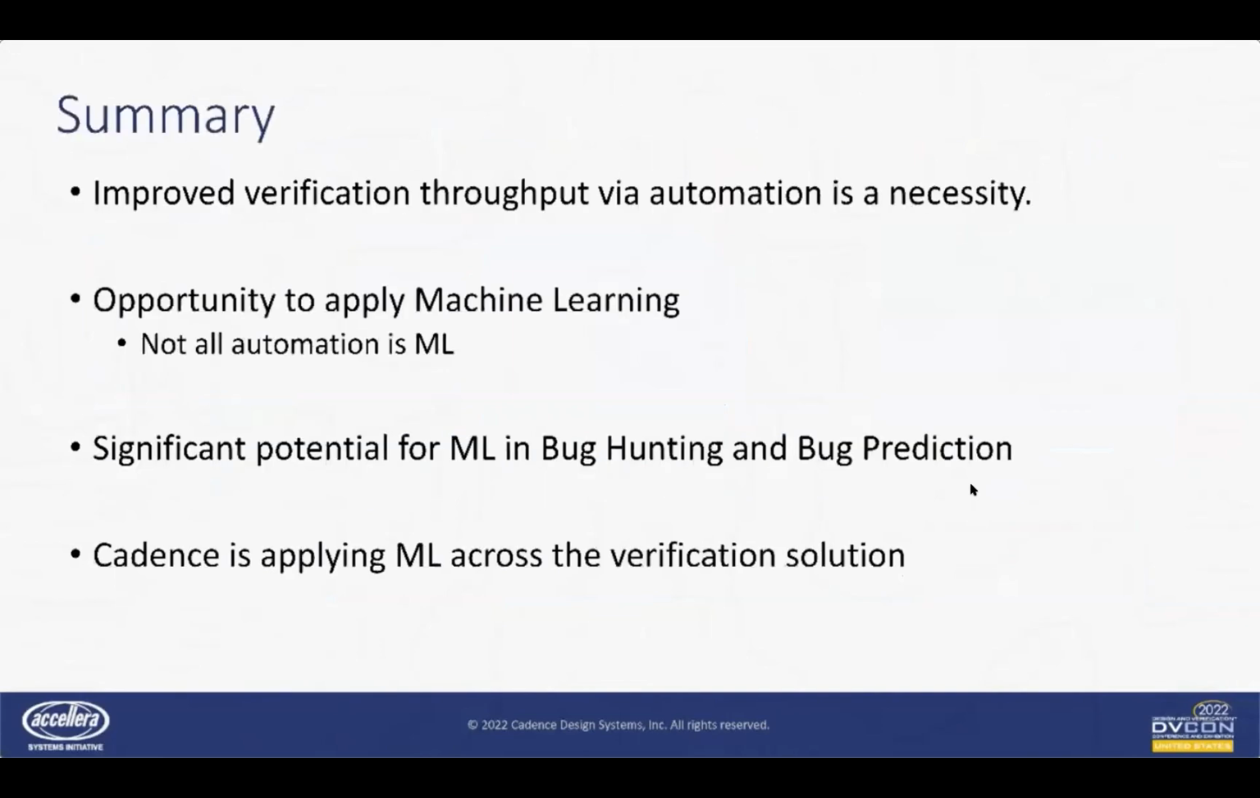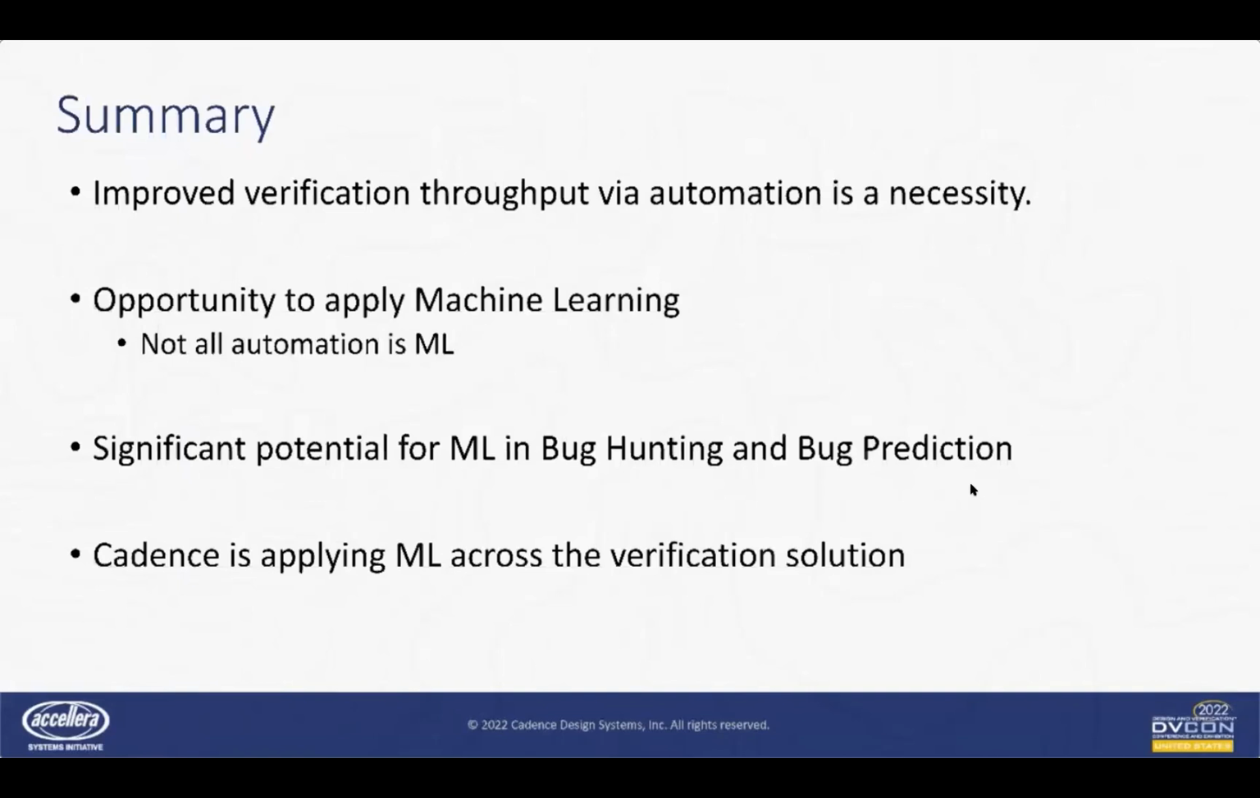as we stated, our problem statement or our initial thesis was that improved verification throughput via automation is an absolute necessity. We can't just rely on the simulator getting a little bit faster, CPUs getting a little bit faster, the formal engine getting a little bit faster. We need to start coming up with more novel and more complex and more automated approaches to improving verification throughput. And this provides us with an opportunity to apply machine learning, although, as we saw, not all automation